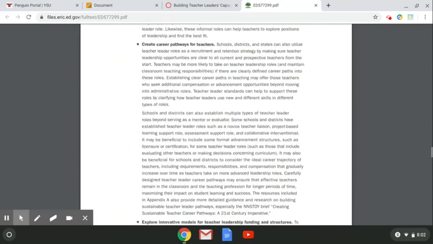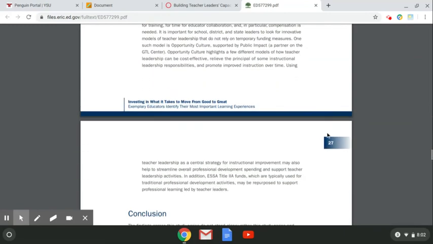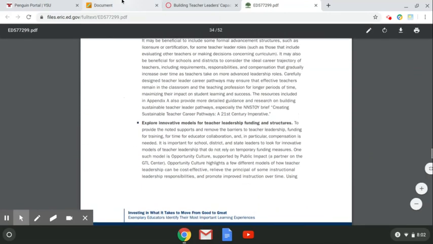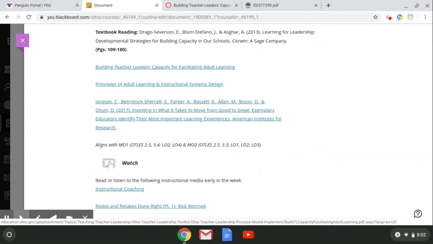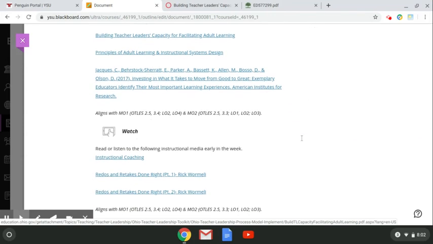So I think just again read, I guess it would be pages 21 to 27. Just a short read, but I think it'll get you thinking about a couple of things for sure in the area of teacher leadership. And my hope for all of you is that for those of you already operating in a teacher leadership role, maybe you can look at some ways to support your own role or others in your school district. But for those of you that aren't in a formal teacher leadership role or haven't taken on even an informal teacher leadership role, maybe these are some things that will nudge you in the right direction. So kind of a cool thing to be thinking about.